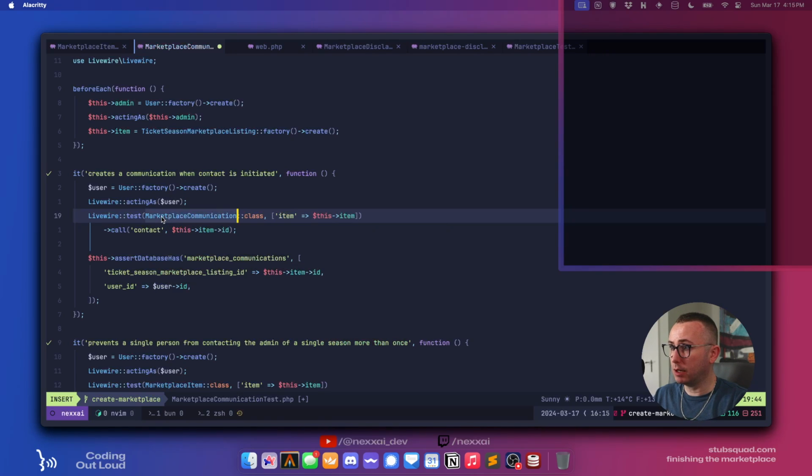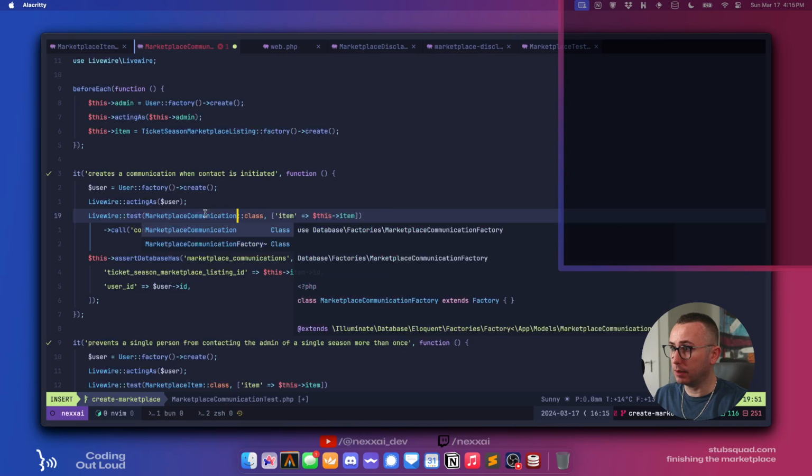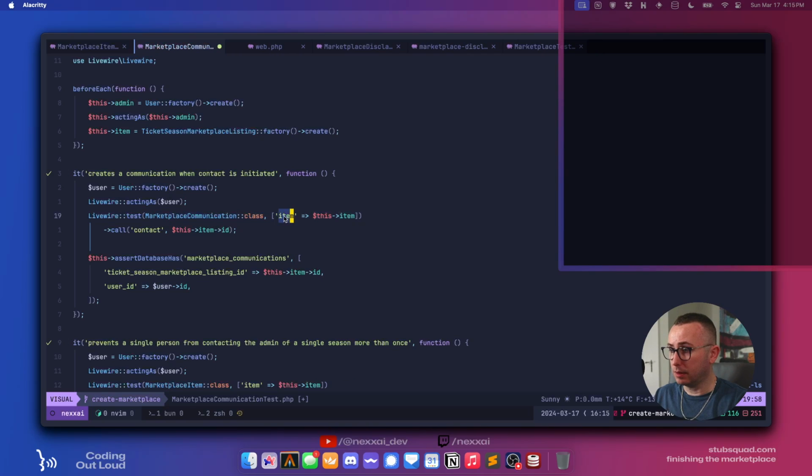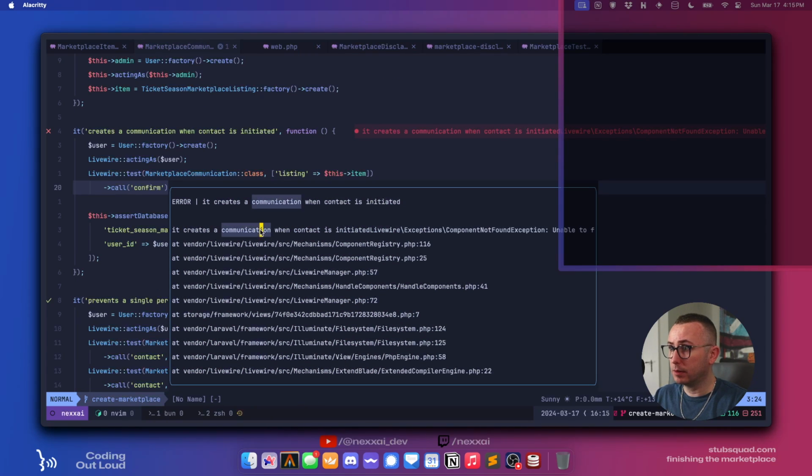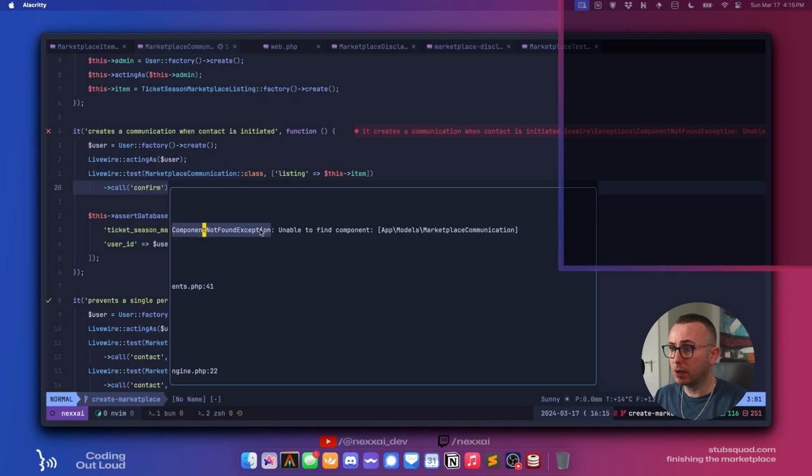So marketplace communication, yep. And this is going to be listing. And this is going to be confirm. Enable the following component.